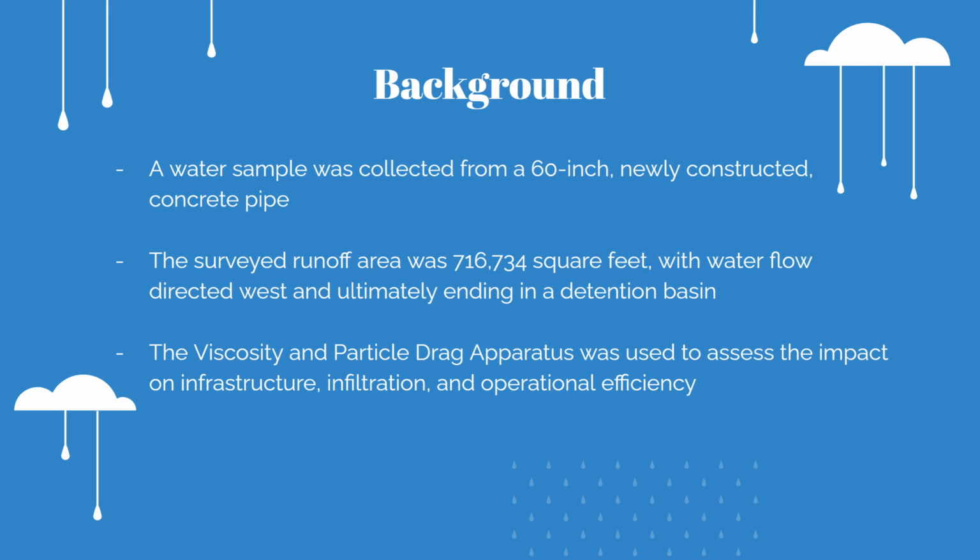The total runoff area surveyed for the site was about 717,000 square feet. The sloping benches of the landfill directed water flow towards the west, where it was collected by the downshoot that connects to a 60-inch concrete pipe. Both the pipe and downshoot are newly installed, having been in for only about 5 months. Water from the 60-inch concrete pipe then flows into the detention basin, which is the location from which our sample was collected. We then use the Viscosity and Particle Drag apparatus to assess the impact of this accumulation on infrastructure,